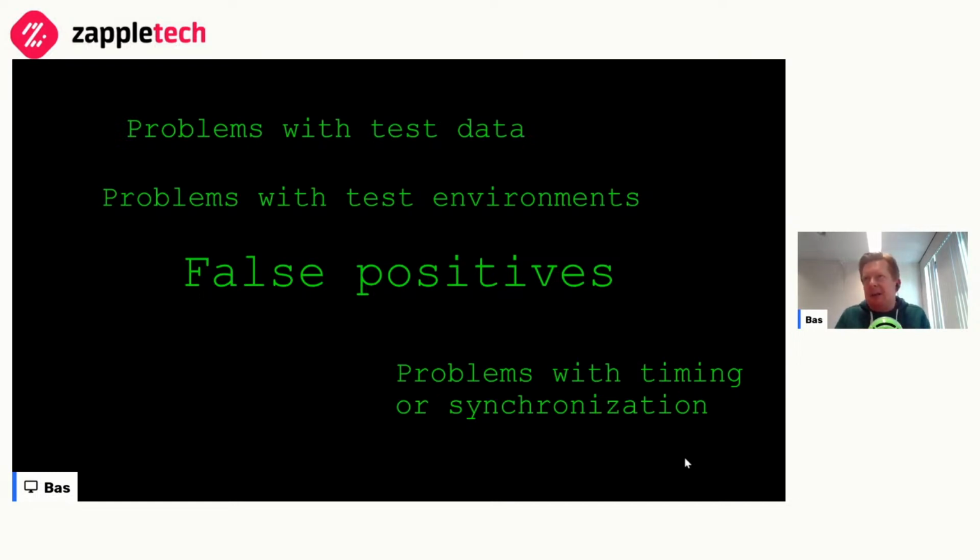Especially, and we see this especially often in UI automation, where it takes just a little bit longer than you waited for an element to appear, or for an element to become clickable, or for a page to load, or for whatever kind of event to occur in your UI. And so these are very common sources of, well, flaky tests.